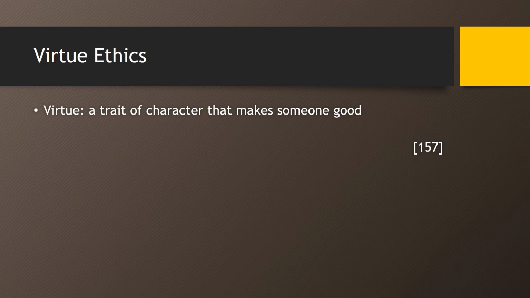But the word that Aristotle would have used, and the other Greeks like Plato and Socrates, would have been the word arete, which is a Greek word which means excellence. So it's an idea that these are excellences of character. These are excellent traits to have. People who have them are good people, and not only that, one of the core ideas is that not only does having them make you a morally good person, they also enable you to live a good human life, to flourish, to do well in life, and to be happy, on a certain understanding of what happiness is. On this view, happiness just is being a virtuous person who has that kind of life.